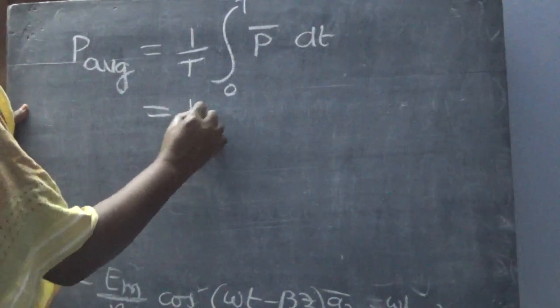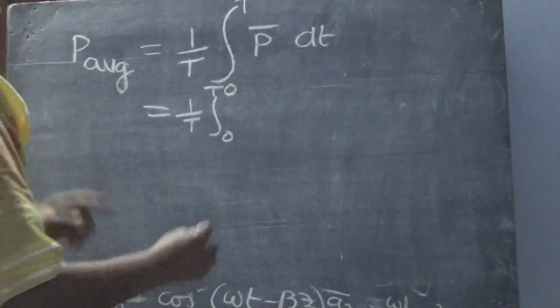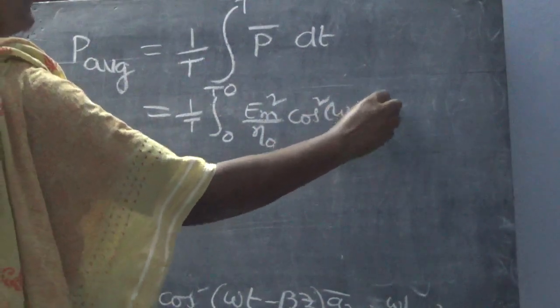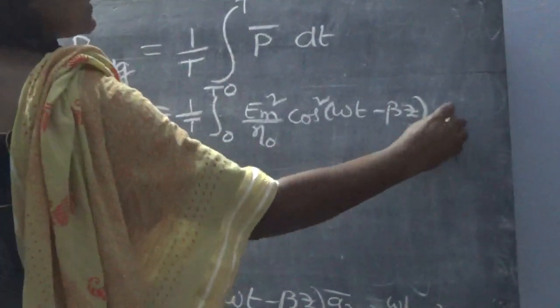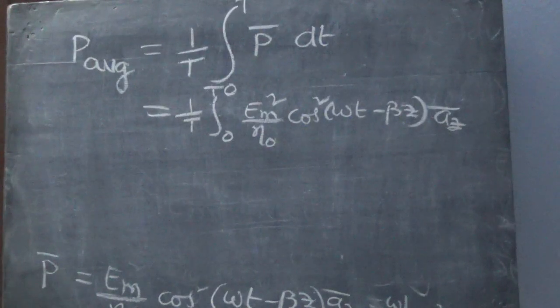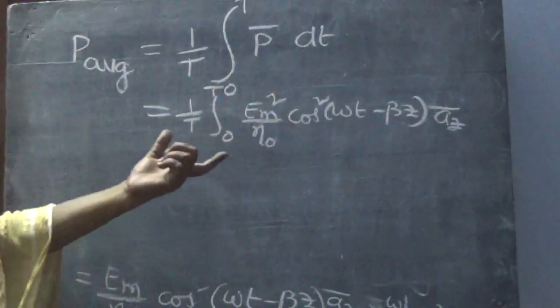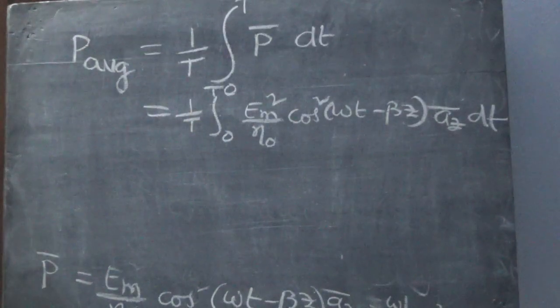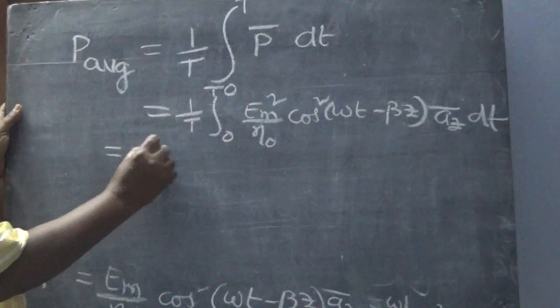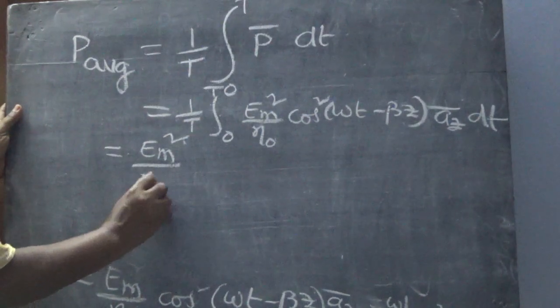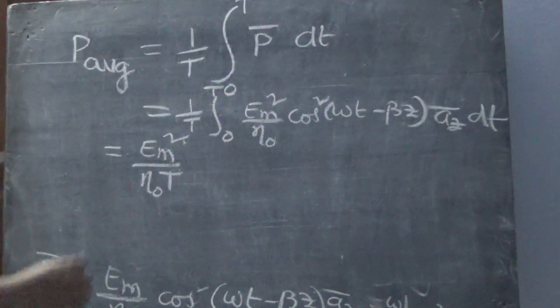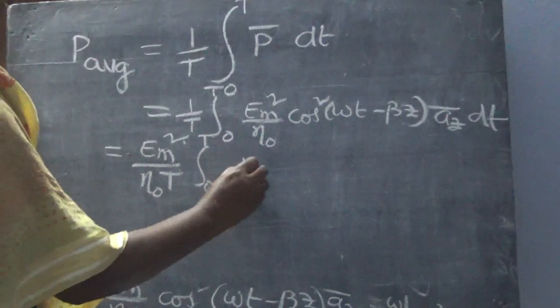So what is this value? 1 by T, 0 to T, Em square by eta naught into cos square of omega t minus beta z into az bar. Here I have two variables, but I am integrating with respect to t, so it is dt. So what will I get? These two are constants: Em square by eta naught into 1 by T into the integration of cos square. Cos square ki integration లేదు. లేనప్పుడు ఏం చేయాలి? We have to convert it into